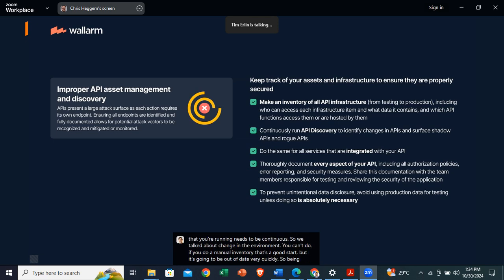So being able to run continuously so that you can capture changes, so that you can see when things fall outside of what you expect to be there, that's important. When we talk about documenting your APIs, the best way to do that is through standardized API specifications, so that you can actually have a document that describes what should be present in the environment, and that gives you the opportunity to compare what should be there to what is there, and that allows you to discover those shadow APIs, those rogue APIs as we call them, and then